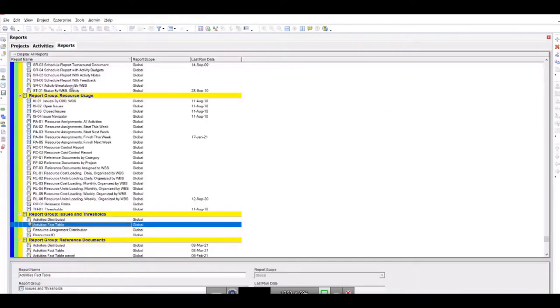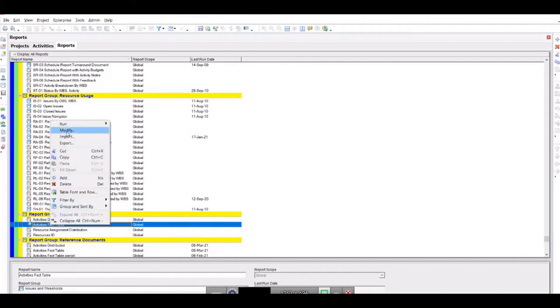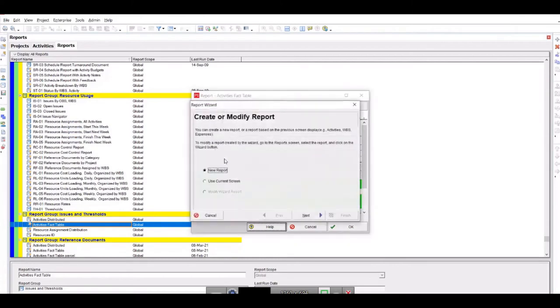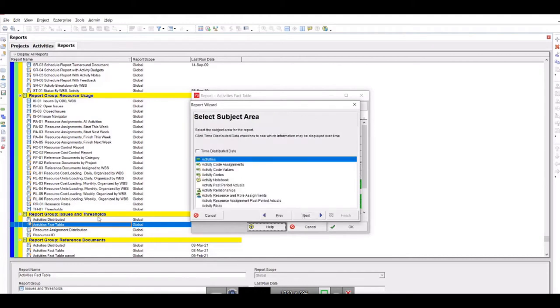In our case there are 3, so I will be bringing for 3. How you can do that? Using the same fact table report, go into modify, into this wizard, yes, from this use current screen, and we know that the fact table does not have the distributed data, so do not check here, just select activities, go here,